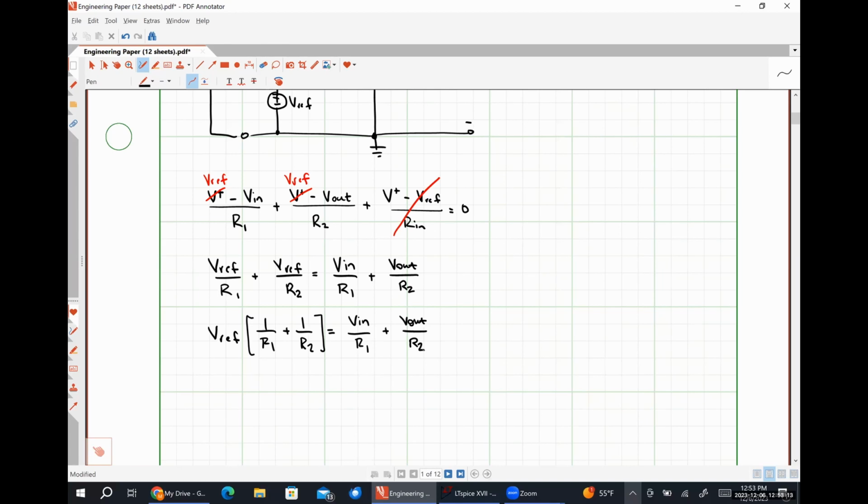And what I'm going to wind up getting is that our reference voltage, V ref, is equal to R2 divided by R1 plus R2 times Vn, plus R1 divided by R1 plus R2 times V out. And this is my characteristic equation